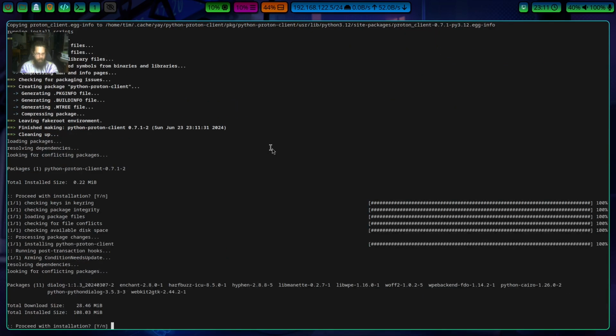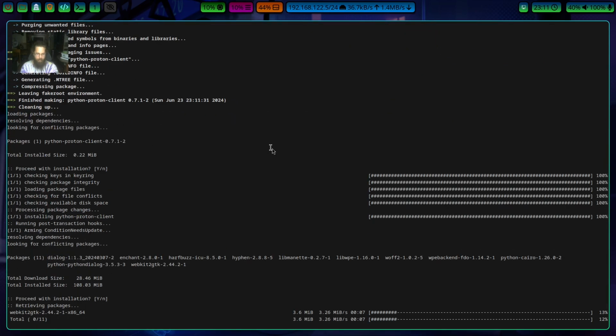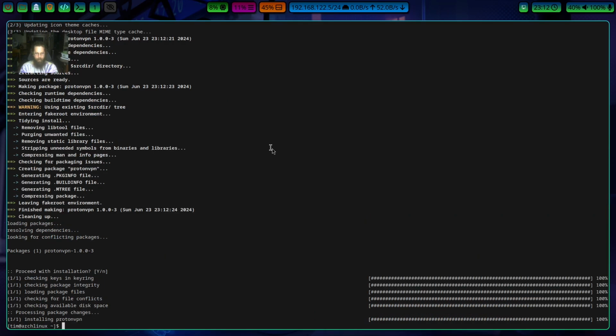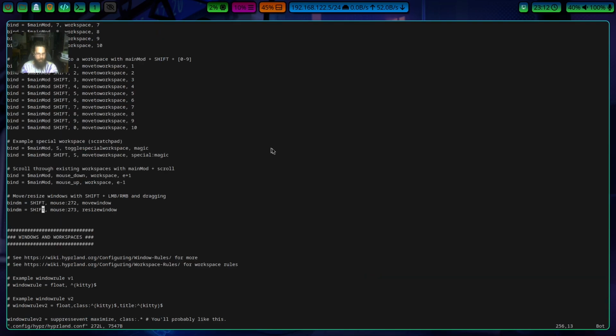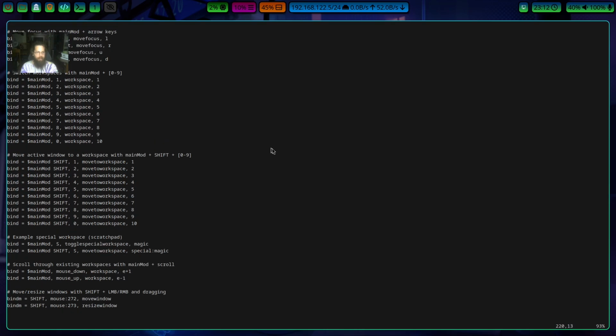Go ahead and hit yes to all of them. All right, and now that is done. So let's go ahead and go back into our hyperland config file, and we're going to add a keybind for